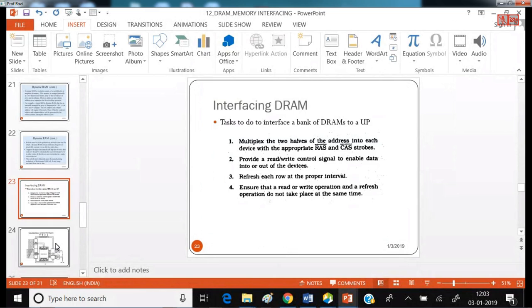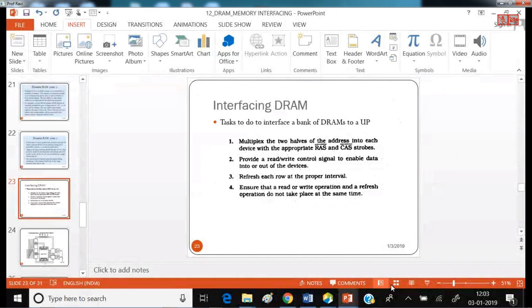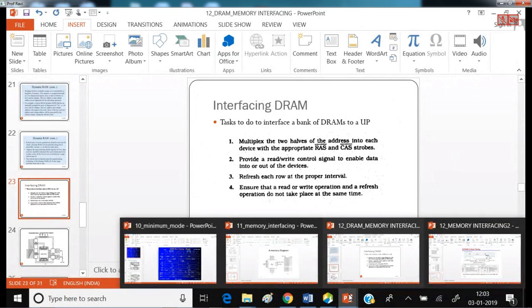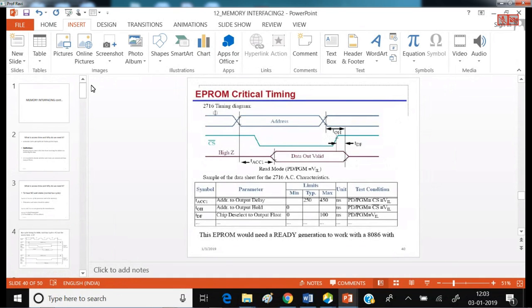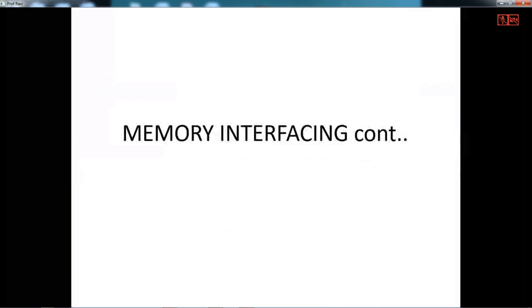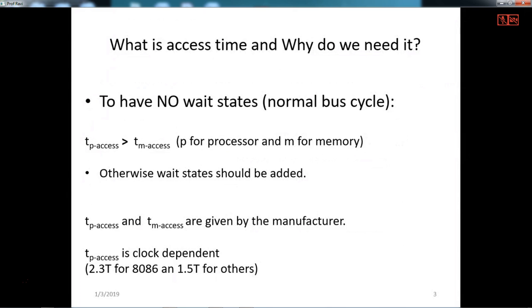This is about interfacing dynamic RAM. When you are interfacing dynamic RAM, you have to multiplex the two halves of the address cycle and refresh each time. And this is what has to be done. But now let me show you the SRAM and DRAM details which are available in the market. So memory interfacing, now if you try to see,